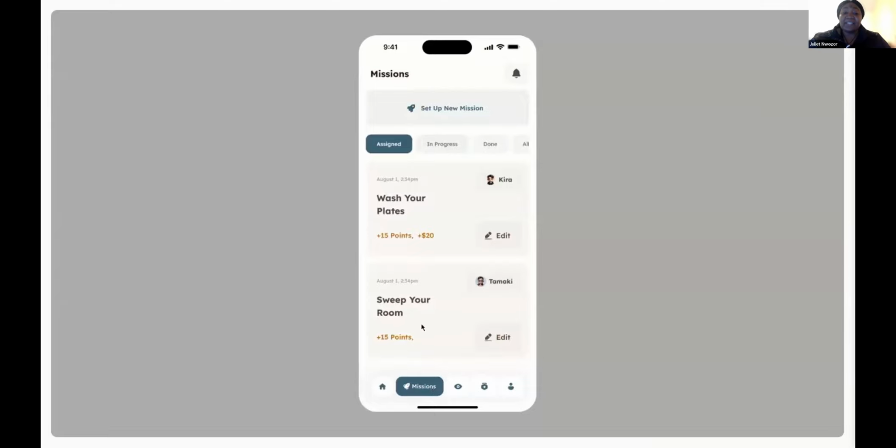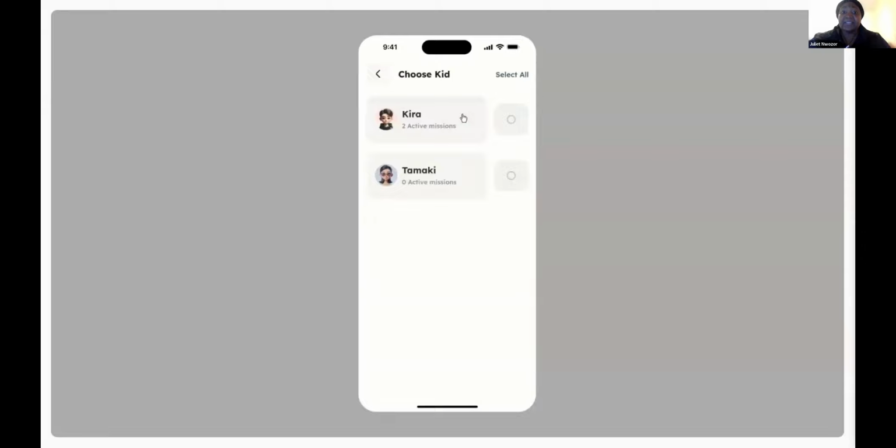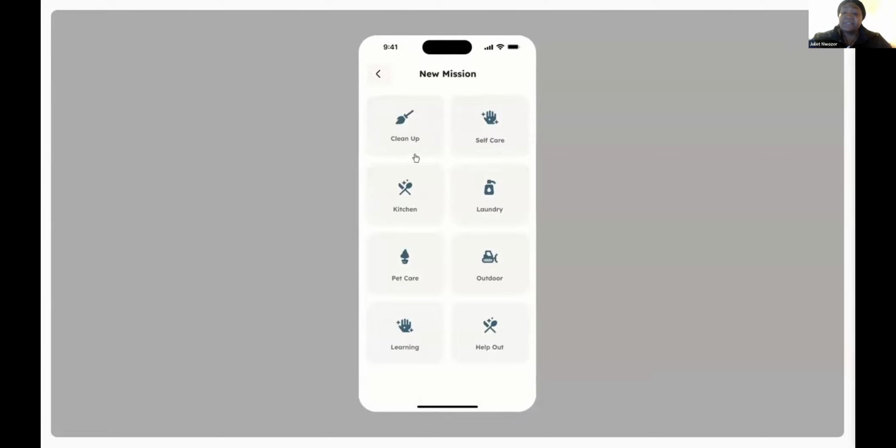So the mission right now, you can see she has assigned tasks already for her kids. She has the opportunity to see what's in process, and she has the opportunity to see what is done. In the same vein, she can also decide to set up a new task. This gives her the opportunity to pick any of her kids. So let's say in this situation, she has 2 kids. She can pick either Car or Tam and click on next